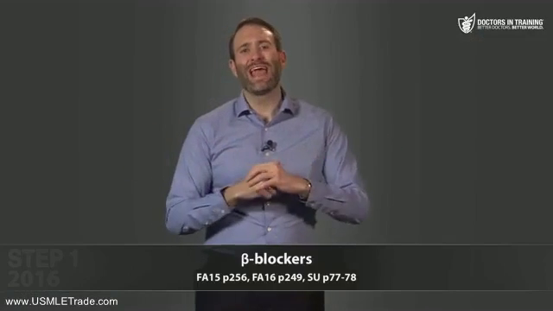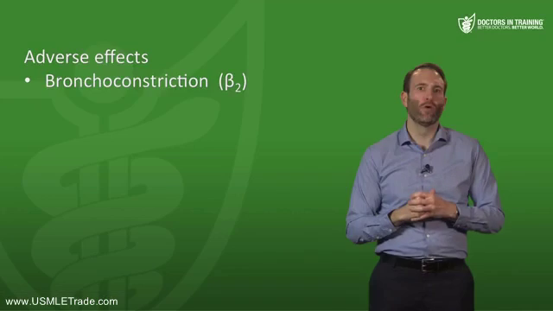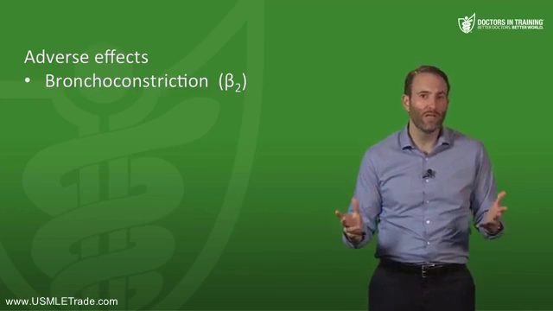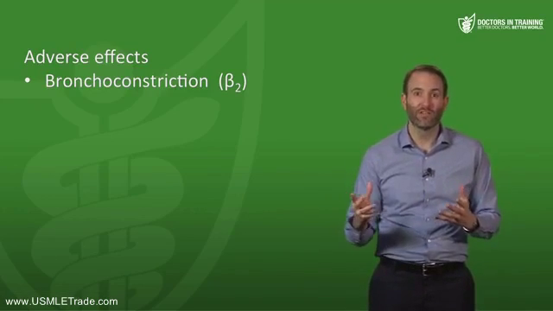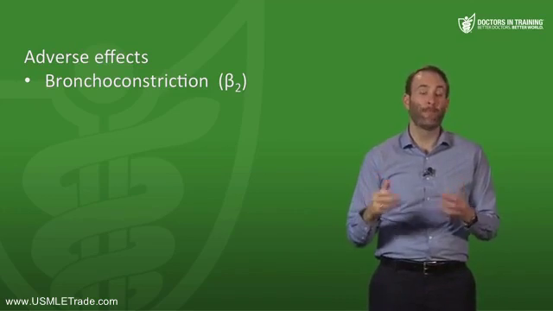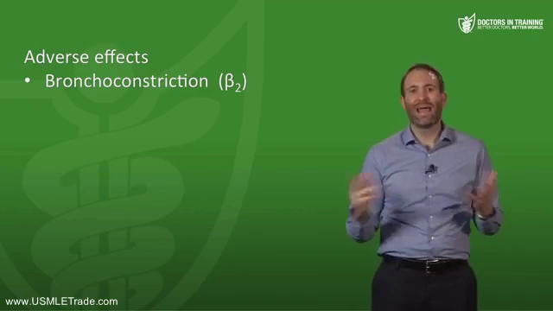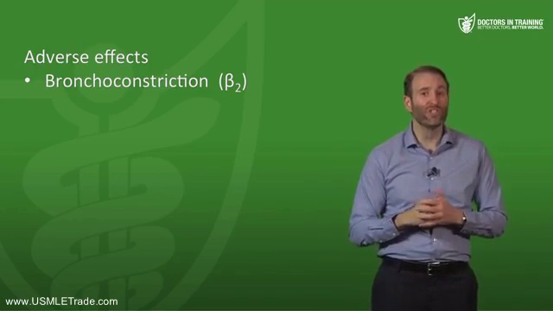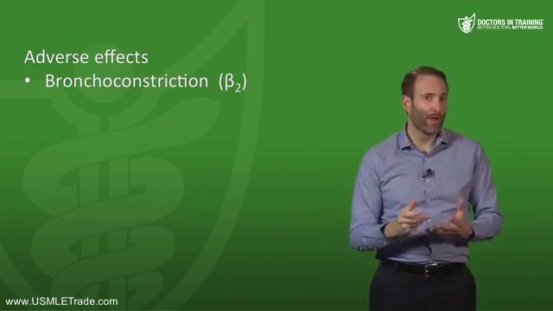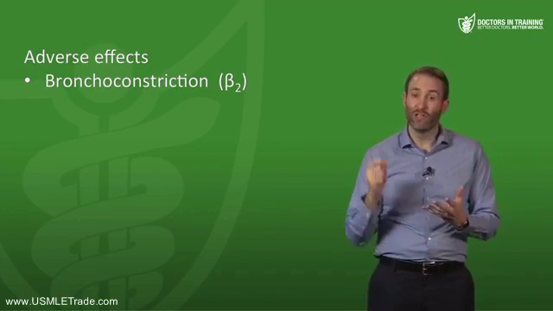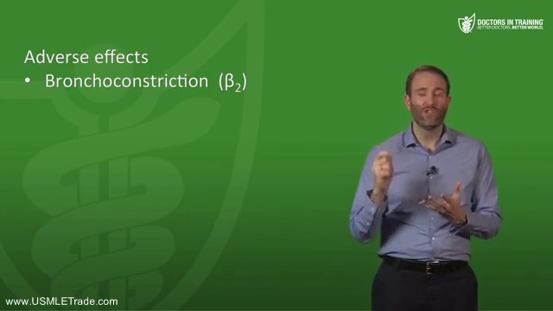So next let's talk about some of the adverse reactions with our beta blockers. Probably one of the most important adverse reactions with beta blockers is bronchoconstriction. This is primarily with the non-selective beta blockers that affect both beta 1 and more specifically beta 2. That's where you're going to get the bronchoconstriction with beta 2. So if a patient has asthma or COPD, then you probably want to avoid those non-selective beta blockers like propranolol, timolol, and nadolol. And you still need to be careful even with our selective ones once you get to higher